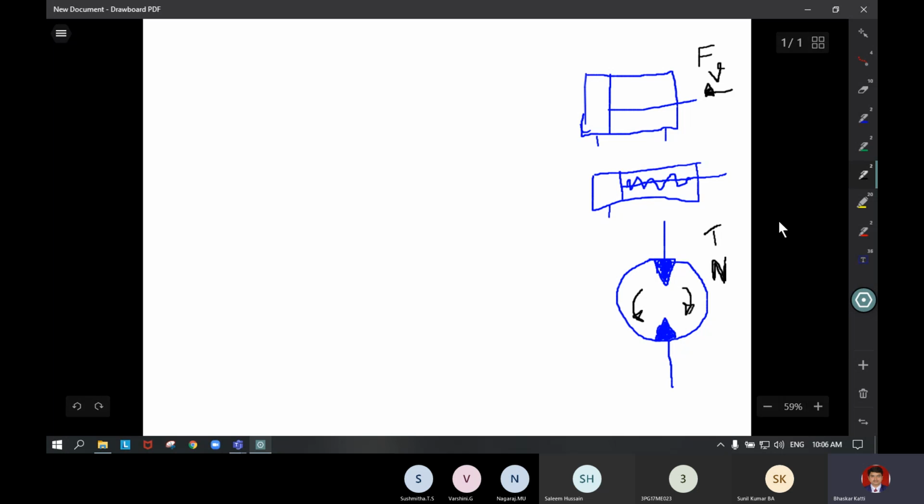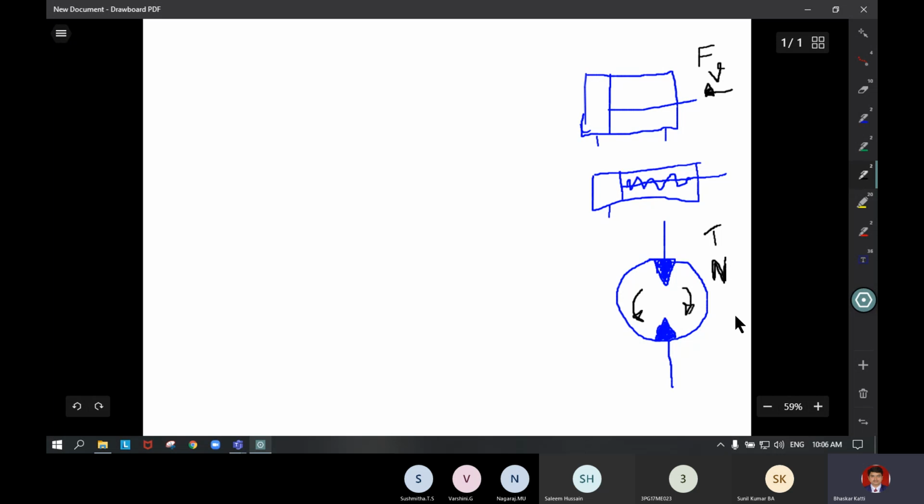In a linear actuator, the force, that is the load, comes from the external system acting on the hydraulic system. To do that external work, we need to supply hydraulic fluid to the actuator. By that the cylinder is moving, so it will move under some force and velocity. So force and velocity terms will come in a linear actuator, and torque and RPM will come in hydraulic motors. To do that, we need to control all these parameters.